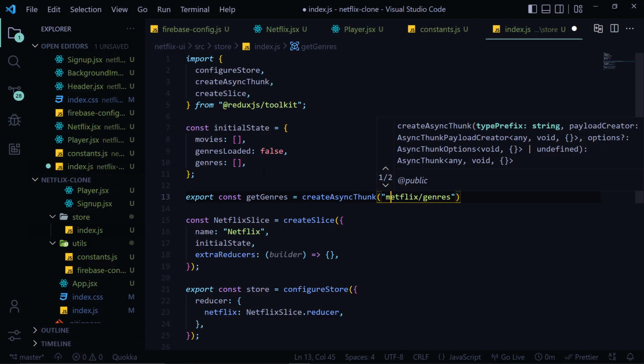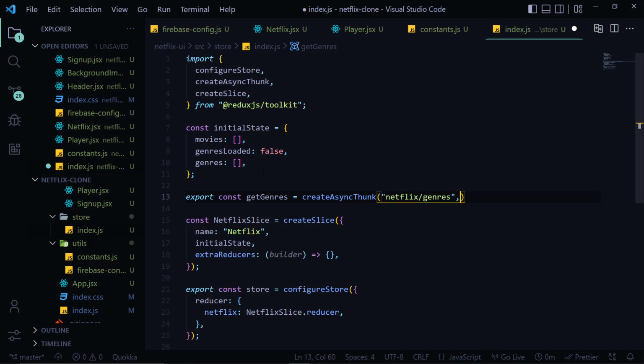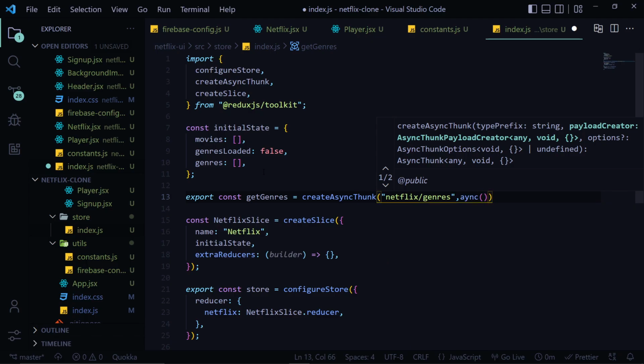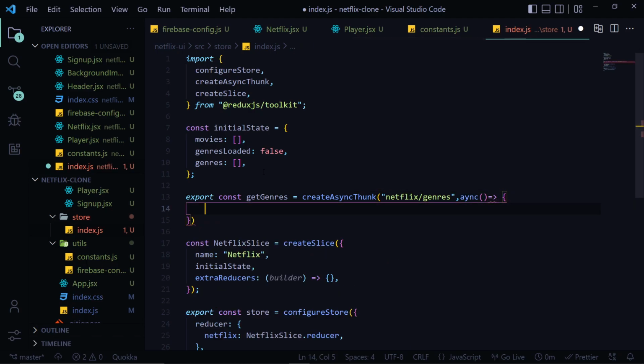This is Netflix, not Medflix. Netflix hyphen genres. Then we'll pass our async function here, async, and this is going to be const data from